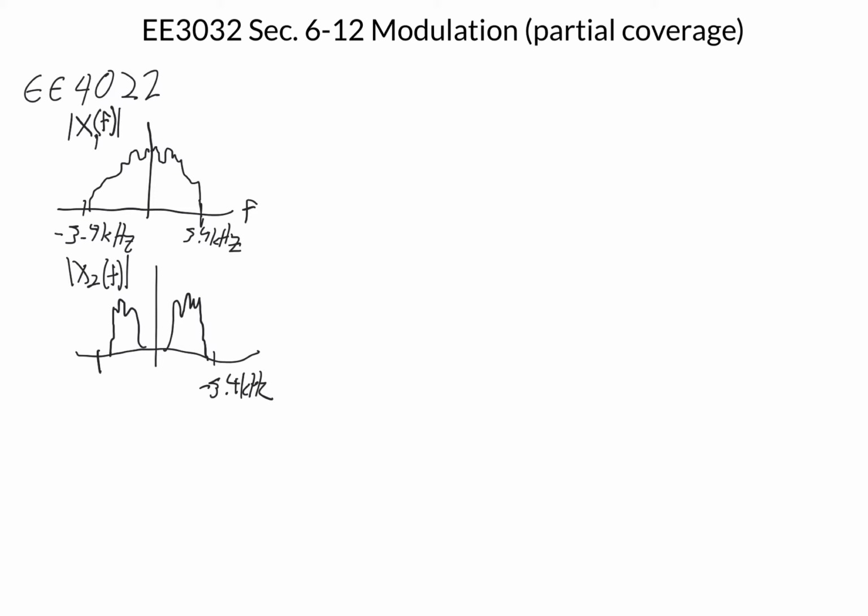So we call these signals here on the left, shown in the Fourier domain, baseband signals. They exist from 0 hertz up to some frequency, and then there's also the mirror image at the negative frequencies. So what we're going to do with the modulation techniques we look at is somehow move these signals to higher frequencies. So one technique that we're going to focus on in this section says we have some high frequency that